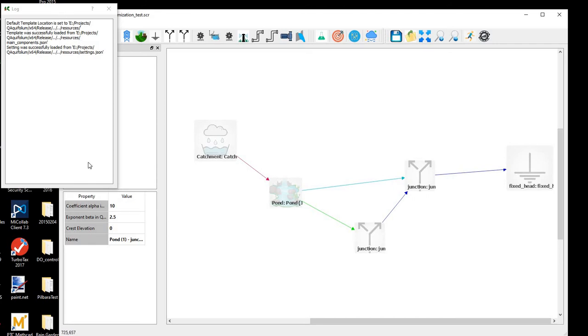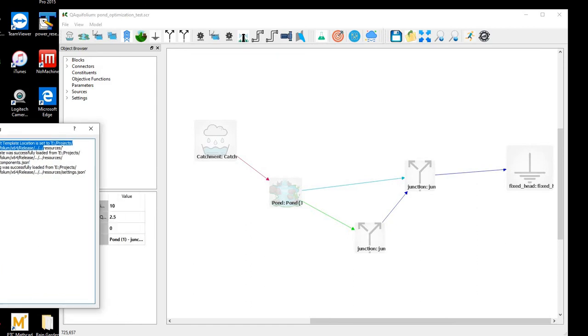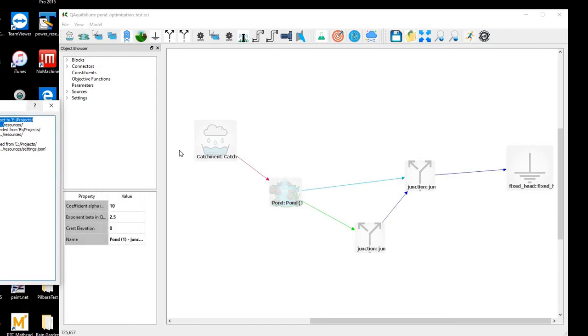Now, let's get started. Let me move this window out of the way. The first thing I'm going to do is define a parameter. In order to define a parameter, I'm going to click on the parameter tool button right here. If I click on that, it's going to add a parameter right here for me. I can change the name of the parameter. Since this parameter is supposed to represent the drainage coefficient, I'm just going to call it drainage